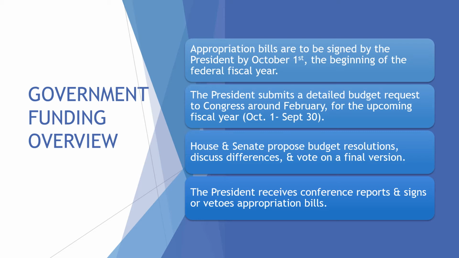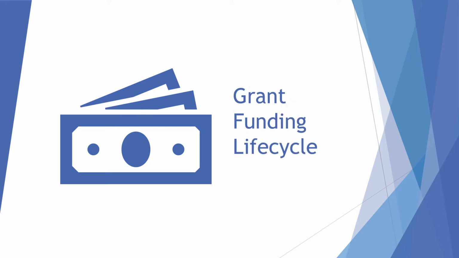To break this down further, grant policies are made within 3 stages. In the first stage, the Congress appropriates funds to federal agencies and passes other grant-related legislation. In the second stage, the Executive Office of the President issues guidance for implementing the legislation. In the final stage, grant-making agencies develop administrative policies based on guidance. The life cycle of grant funding has 3 phases: pre-award, award, and post-award.